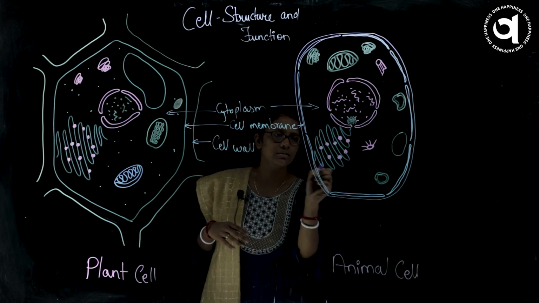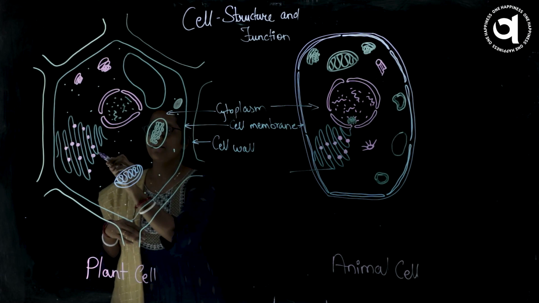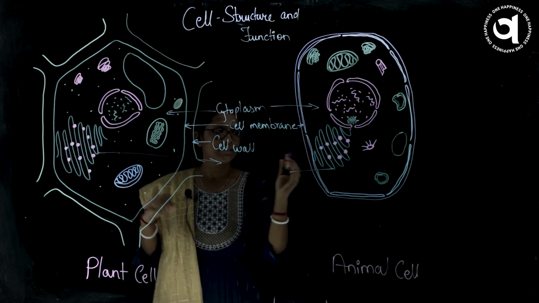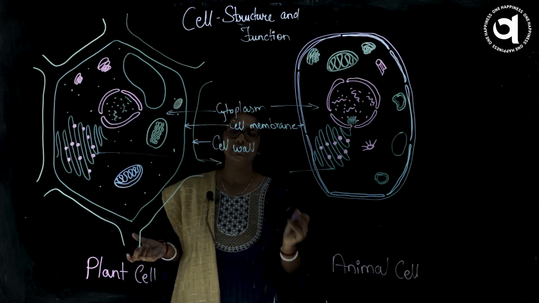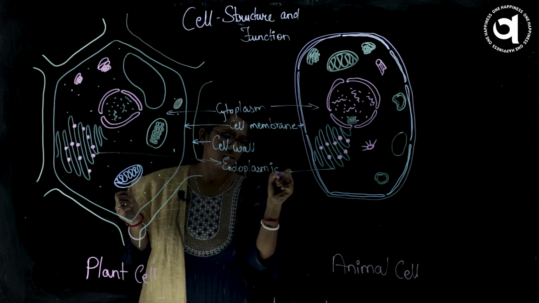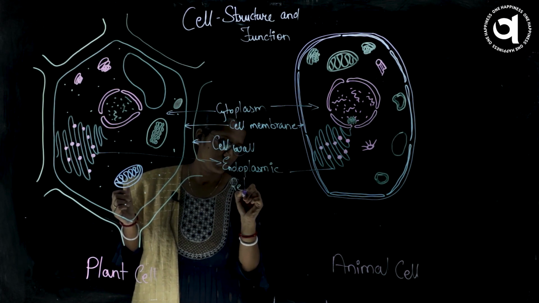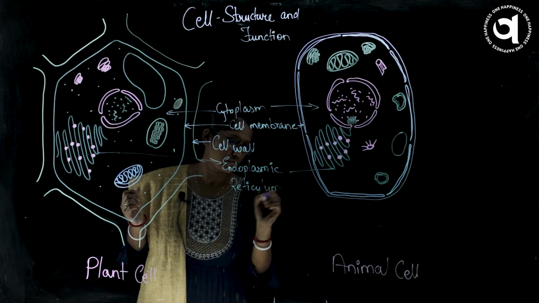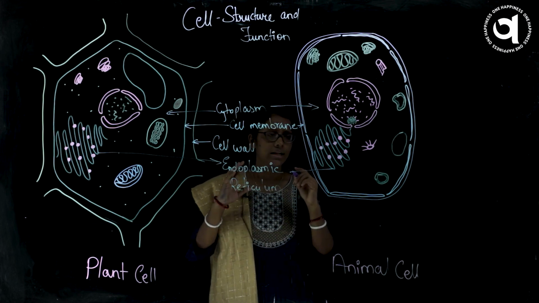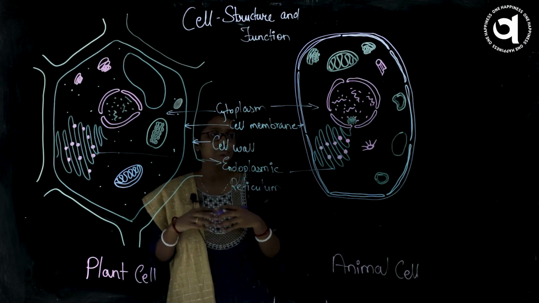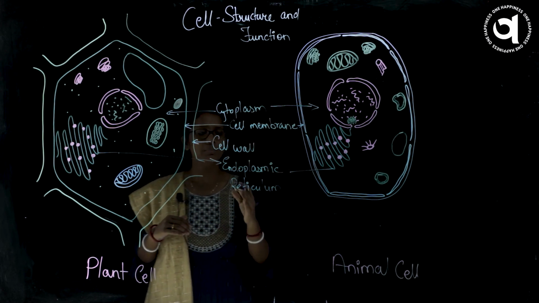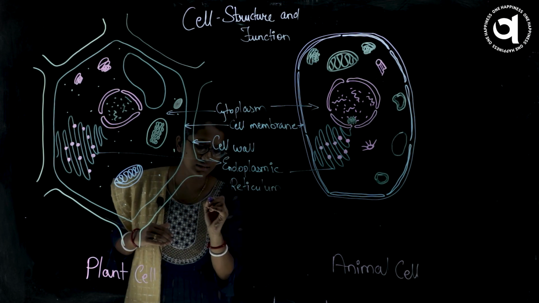Now you can see here, it is the endoplasmic reticulum. Okay, this endoplasmic reticulum is again present in both the cells, that is the plant cell and the animal cell. This endoplasmic reticulum is responsible for the storage and to transport the materials from one cell to another. Now this endoplasmic reticulum is further divided into two parts, that is